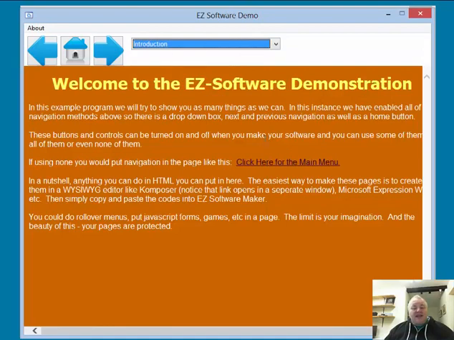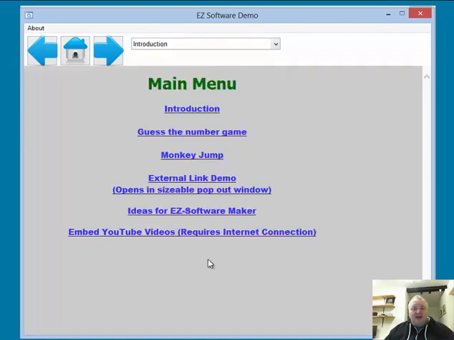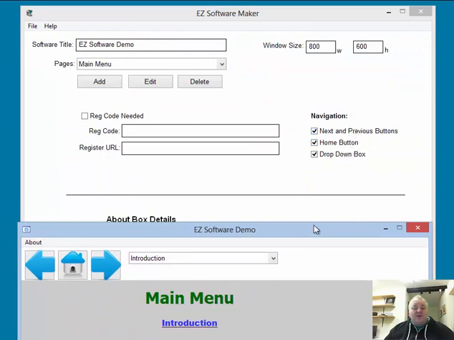You don't need to have that navigation, because you can navigate within the pages. You can turn all that off and have none of that appear, or you might just want the drop down box. But that's all fully configurable right here.